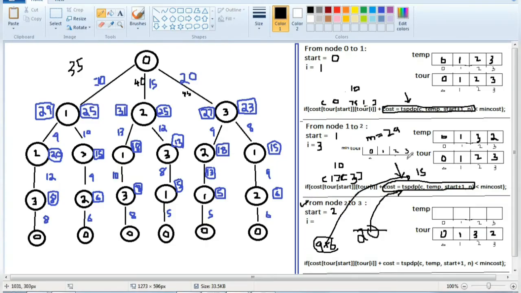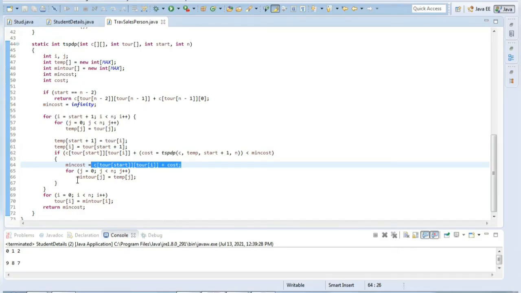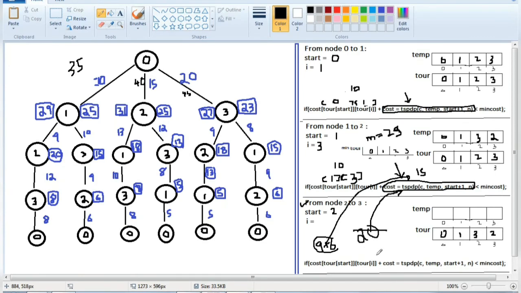So now what's the minimum cost? It is 25. Okay, so let's make the change here, 25. Now we have the minimum cost 25. Next, what we need to do, j loop, the temp j values will be copied to minimum tour. So since we got a minimum cost, we will be copying the sequence in the minimum tour. Where do we have the sequence? It's in temp j. Okay, temp j is nothing but this one. This sequence gave me the more minimum cost, so therefore I have to copy these values in the minimum tour. Okay, 3 2. That's the only change we have to make, 0 1 3 2.